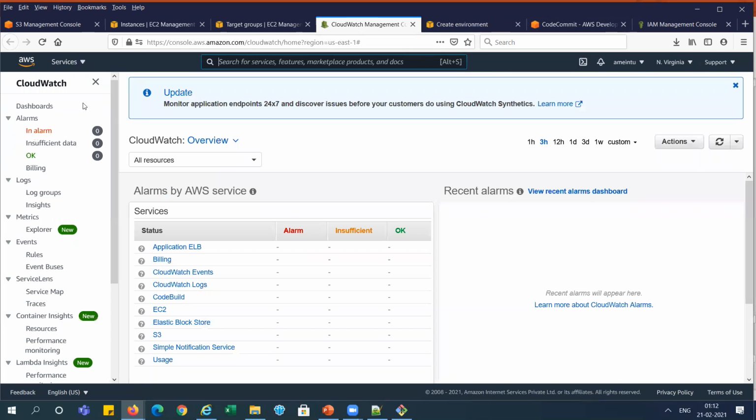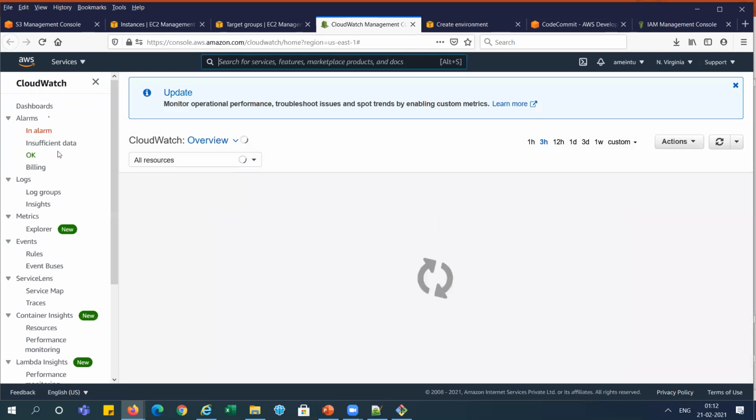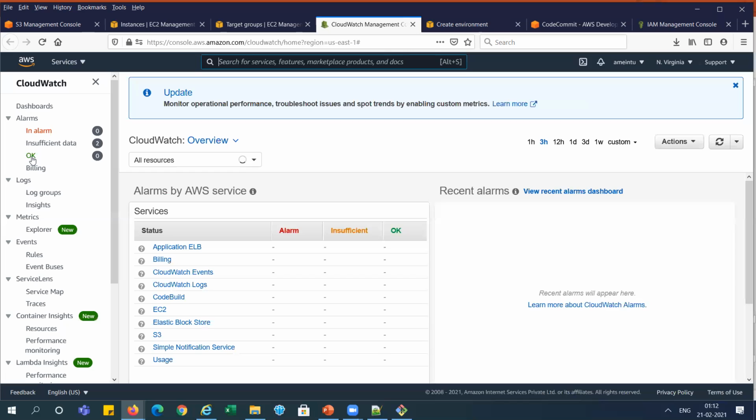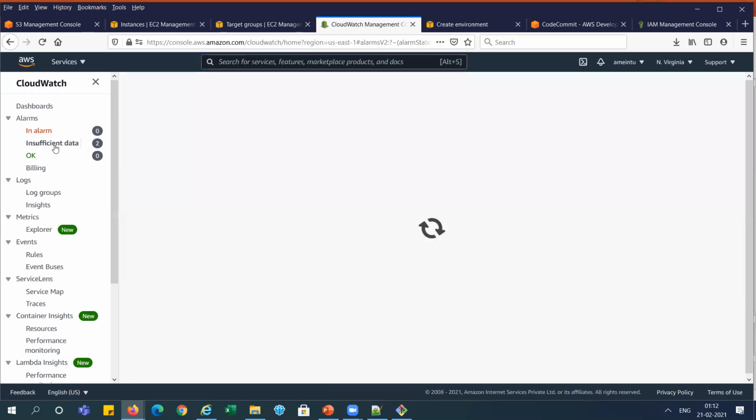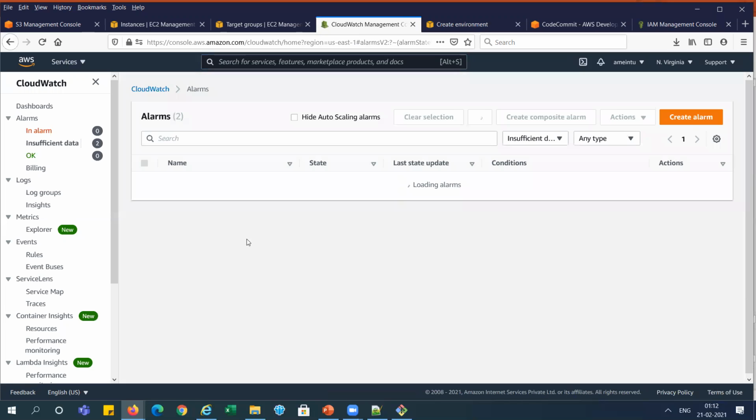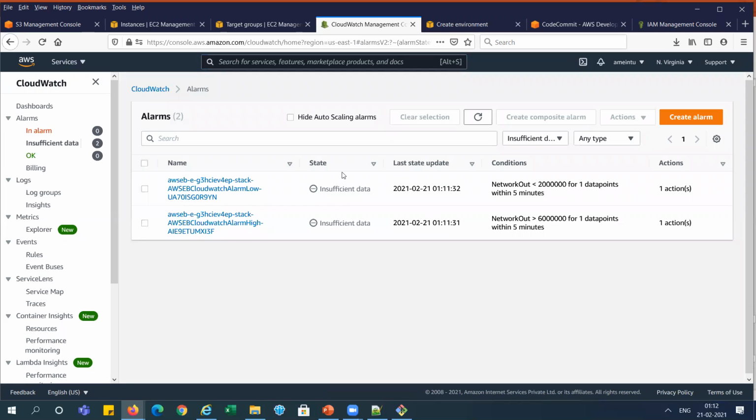Has it created any alarm or not? Because it will create the alarms also. Let me check. Yeah, you can see two alarms are created, right? So it is still in progress.